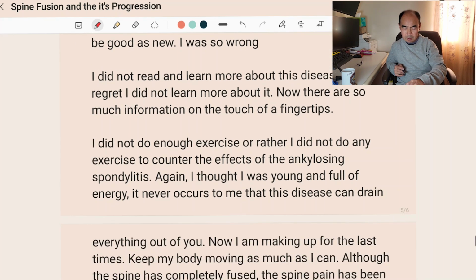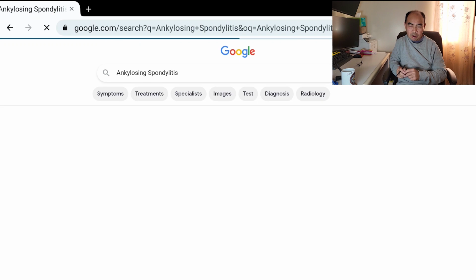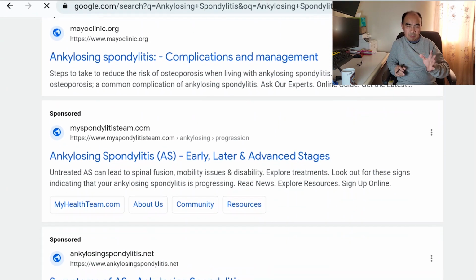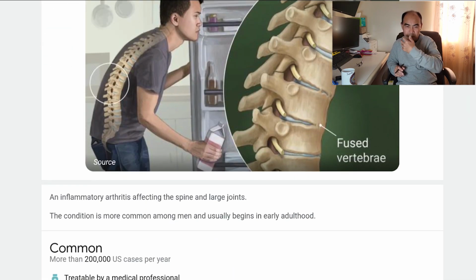Learn as much as possible. I don't really know enough about the condition. In the old days, we don't have the information right at the touch of your fingertips. You punch in a couple of keys, and all this information will pop up in front of you on the monitor. And there's a lot more information that you can read about these days,